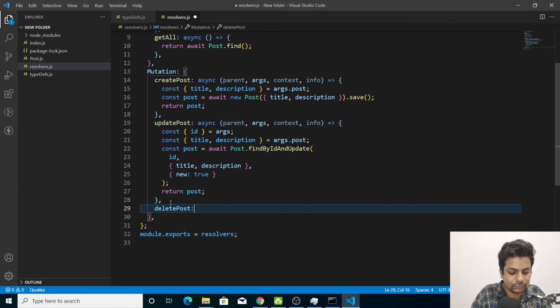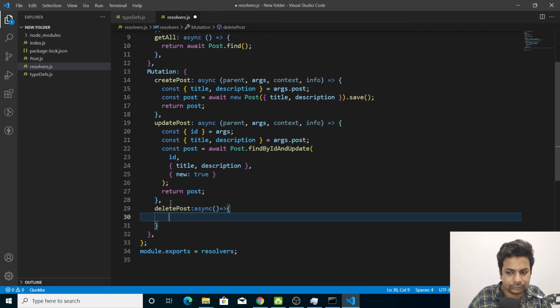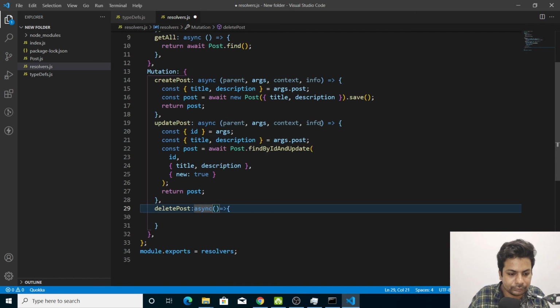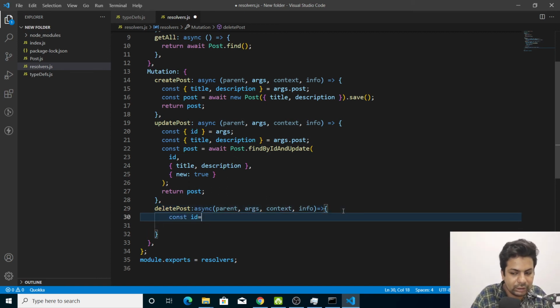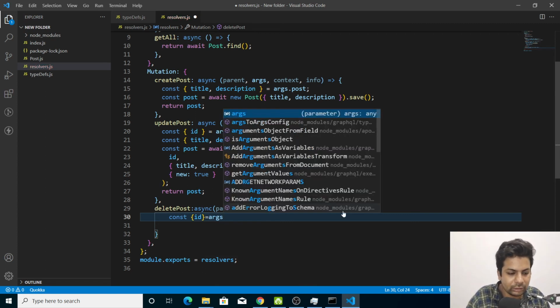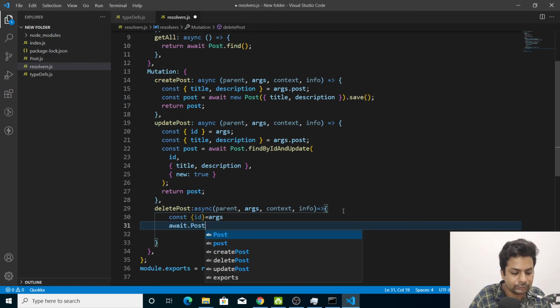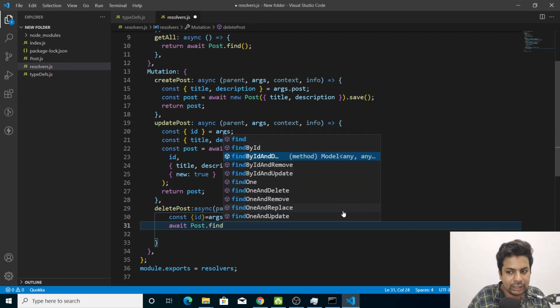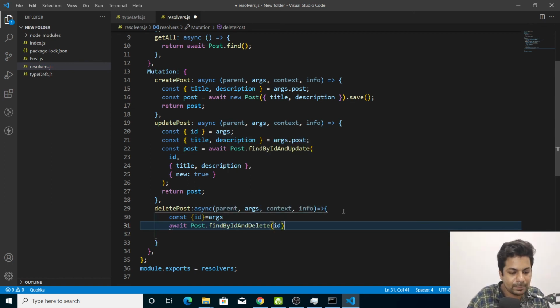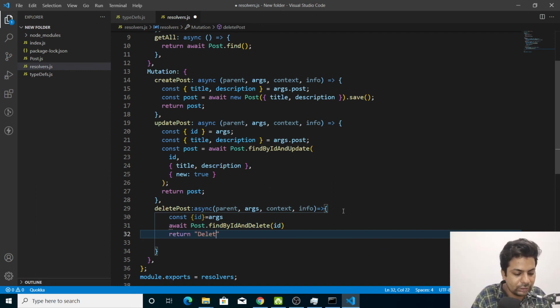We'll make it async, and we'll take all this again as an input parameter, then we'll say constant id equals argument, then post dot find by id and delete, and we'll just pass the id and return deleted. So we just save it.